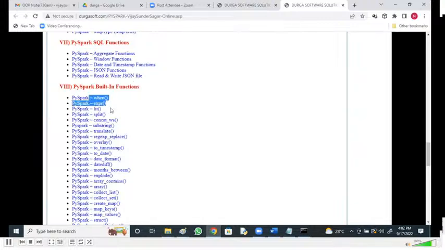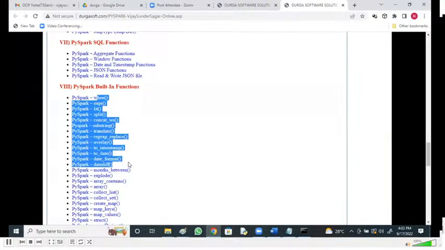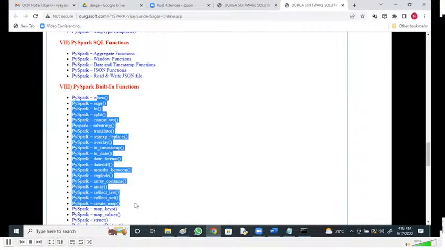When, expr, lit, split; we don't need to write huge code. We have got functions that can be applied on your huge data, big data. Split, substring, translate, overlay, to date, date format, months between, explode, array contains, array list, array set, map keys, map values.